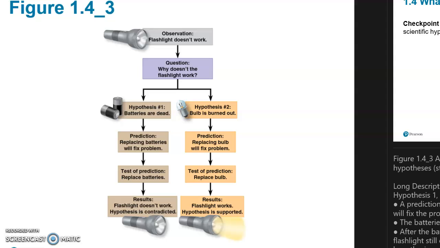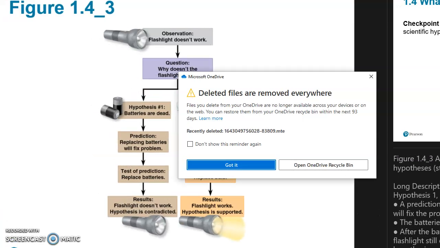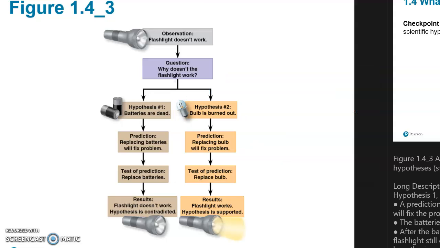And then your experiment, in this case your test of your hypothesis, is either replacing the batteries for hypothesis 1 or replacing the bulb for hypothesis 2. And so if you were going to turn that into an if-then statement, how could you write hypothesis 1 as an if-then statement? If the batteries are dead, and I replace the batteries, and this is going to get really long, and the flashlight works. Hold on, I'm going to make it more simple. If I replace the batteries and the flashlight works,